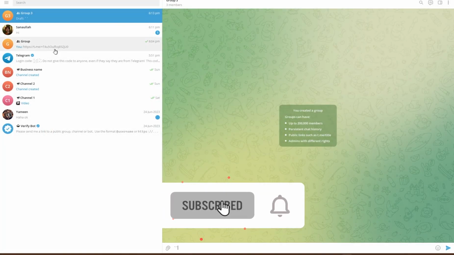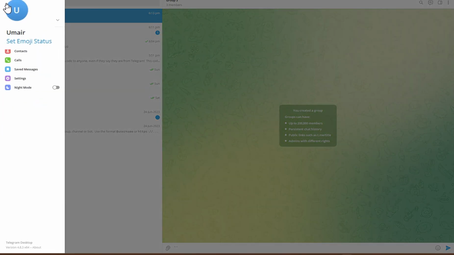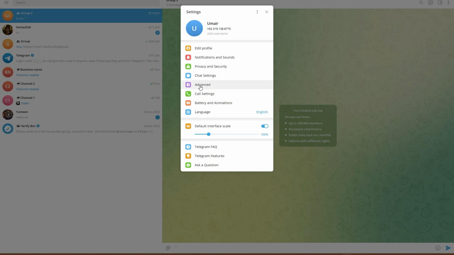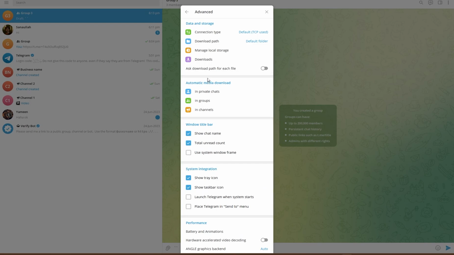First, you need to head over to these three lines from the top left side of your screen. You can see in here, click on that, and then you're going to be heading over to settings. You need to search for advanced. So you can see we have advanced in here, click on that, and now you can see we have this